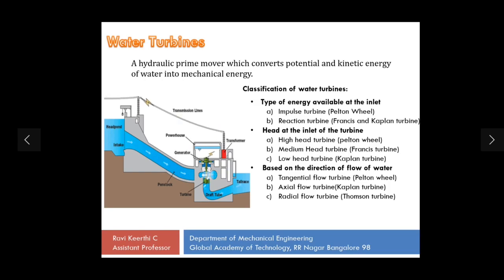Then, based on the direction of flow of water, it depends on the flow of water inside the turbine. A small modification is done for the flow of the water here. So we have the tangential flow turbine, axial flow turbine and radial flow turbine. Here I have classified the Thomson turbine under radial flow turbine, which we will not be studying in this particular